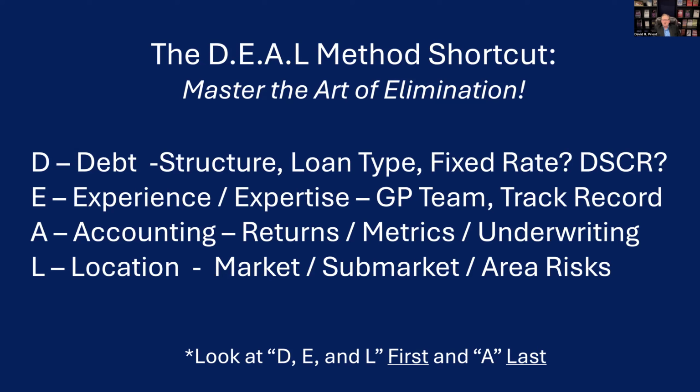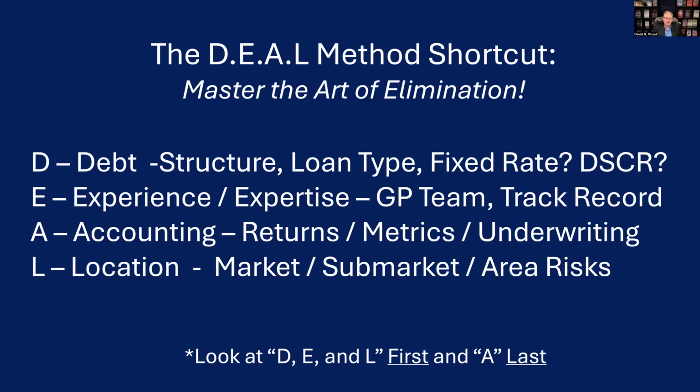I'll look at stuff. So if someone calls and says, hey, we want to do a GP deal and we want to do it in Chicago, well, that's a no. Madison, Wisconsin, that's a no. I've had these deals sent to me and by really nice people that I really like. The location didn't work for me. So you can go in and look at the D, the debt, the team, the E, and the location. And you can usually, if these don't fit your buy box, you could say no in the first 5 minutes. Look at those things first.